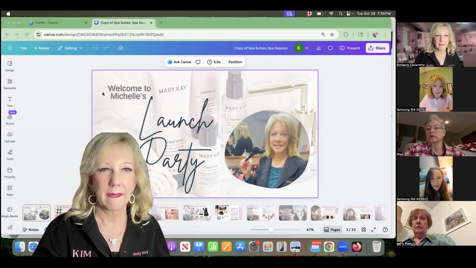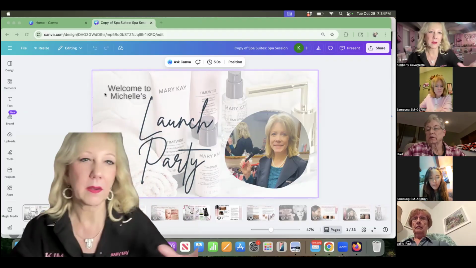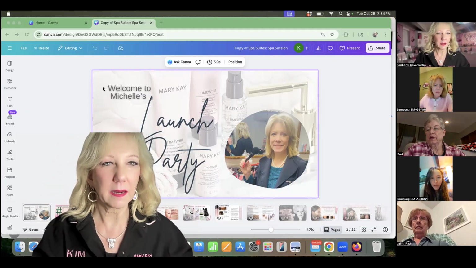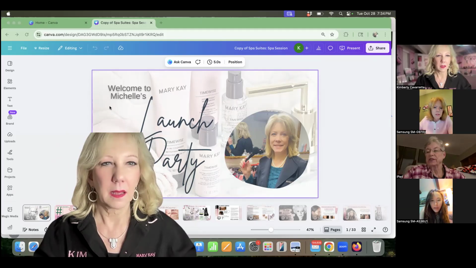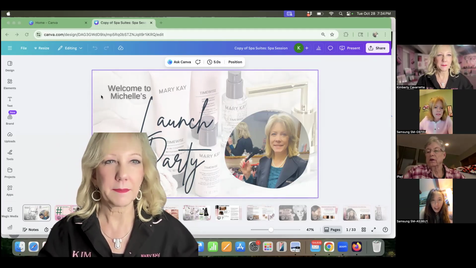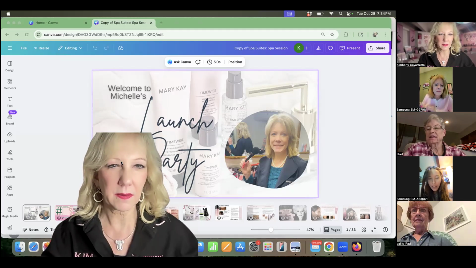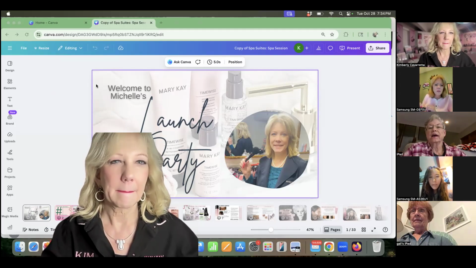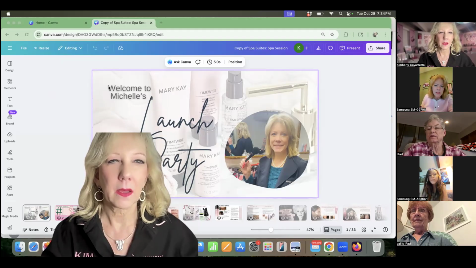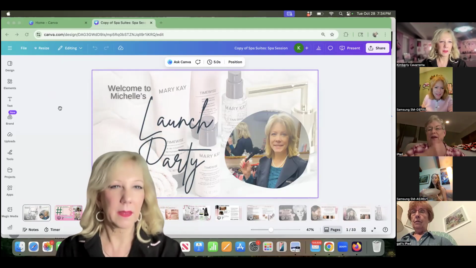Launch party, with my picture on it. Am I all the way across your screen? Because I'm so little, you're on both sides of my screen. You're on the bottom left of my screen. Is mine bigger? Do you see my Zoom and all that kind of stuff? Yeah, but the top of your head is cut off. Okay. Oh, there we go.